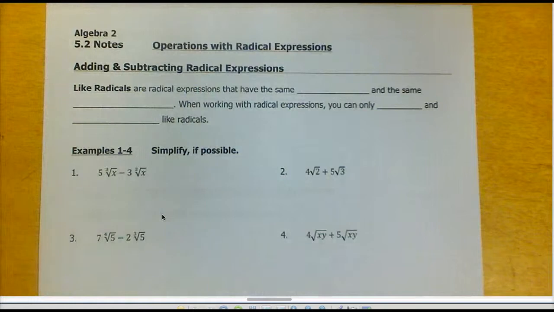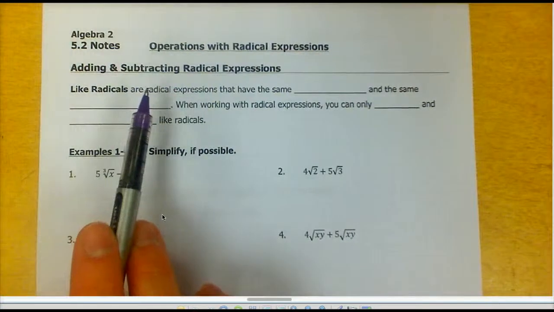So I think when we get down to examples 5 and 6, after those, you'll probably have to add what I've put in here in the video to an additional sheet of paper, or if you have room somewhere else in your notes packet, make an addendum here. There's going to be a few additional examples that were not in your original notes packet, so just be aware of that. Okay, we're going to start with adding and subtracting radical expressions,